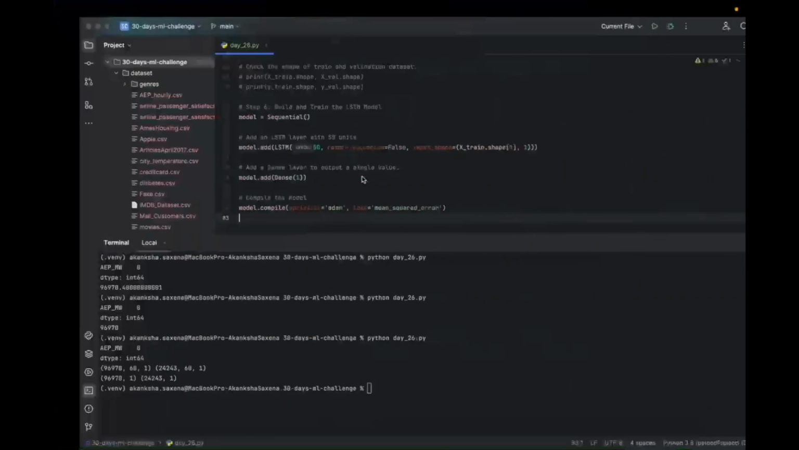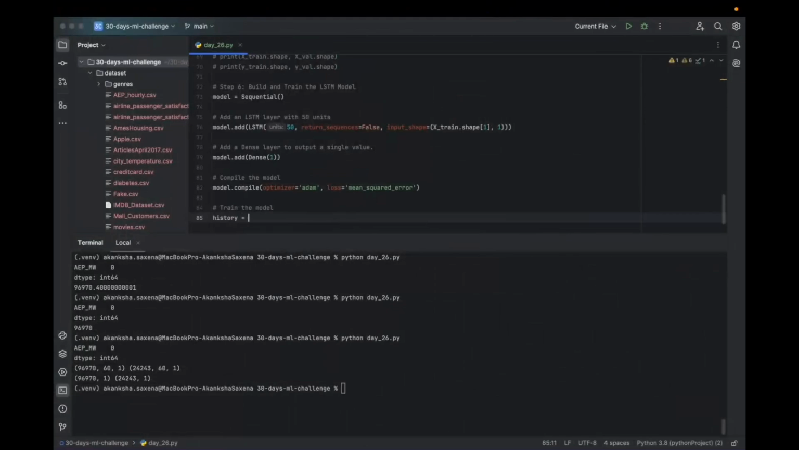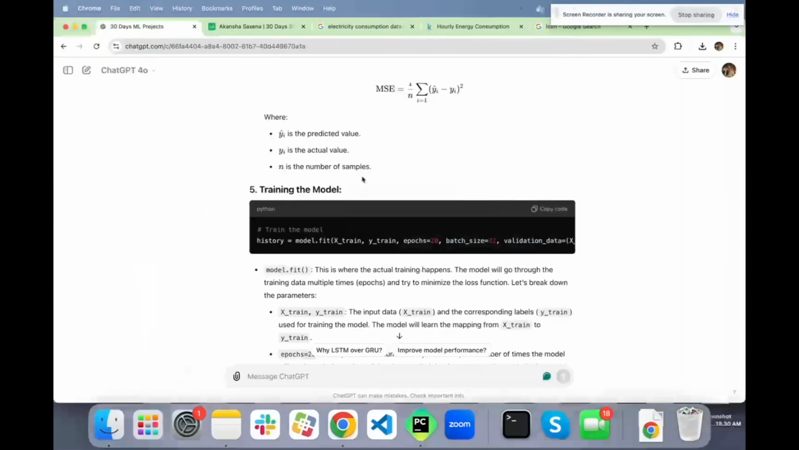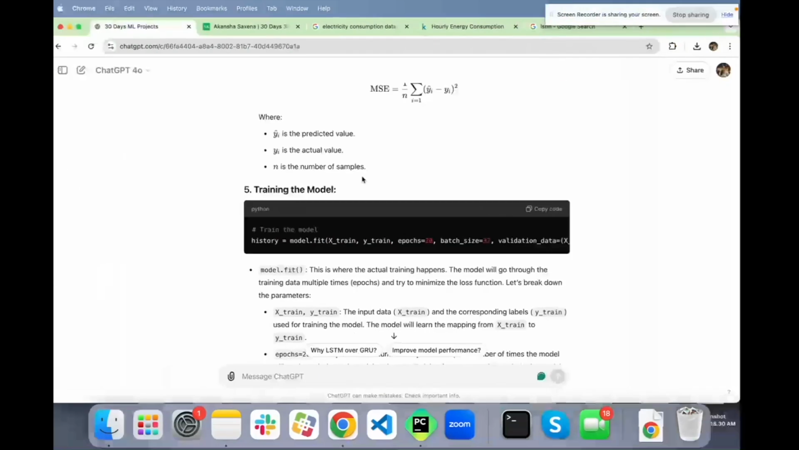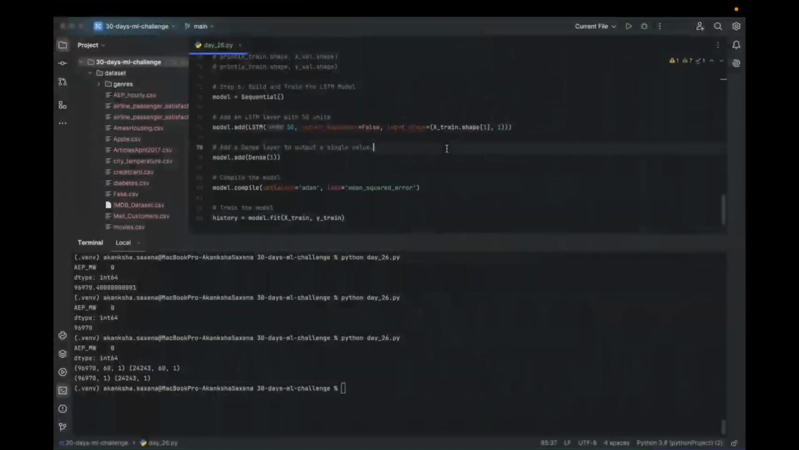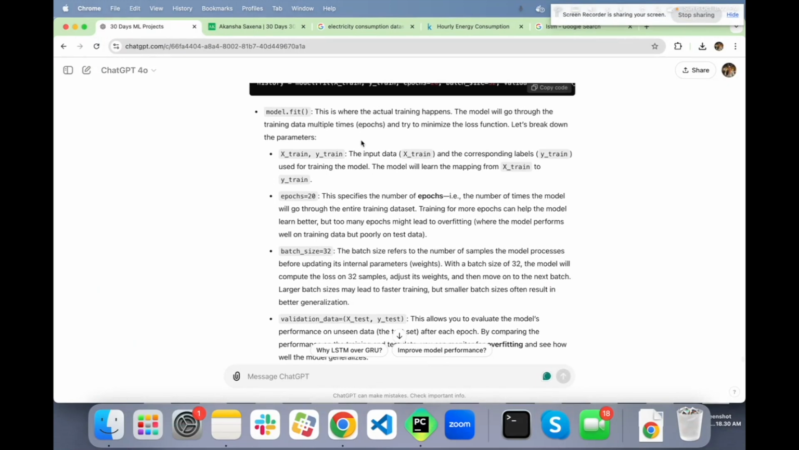We'll do what? Train the model, and it is going to be history. And it says history, so we are going to fit. We are not calling it predict. Sorry, we are just storing things in the history. We are passing X train, y train. And here, let's understand this. X train, y train are the